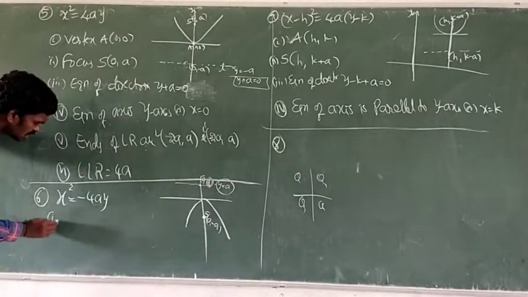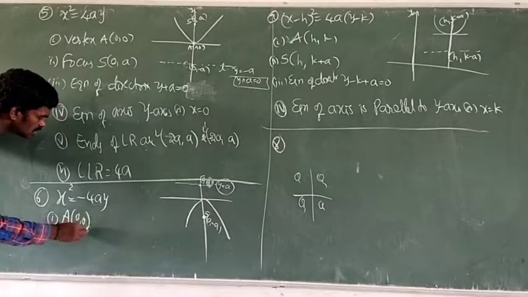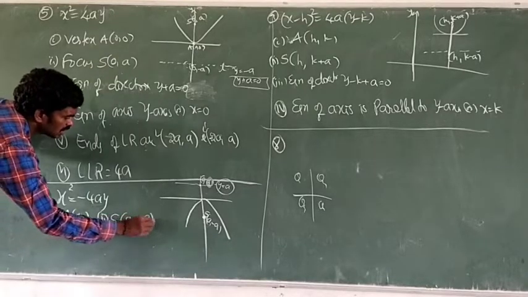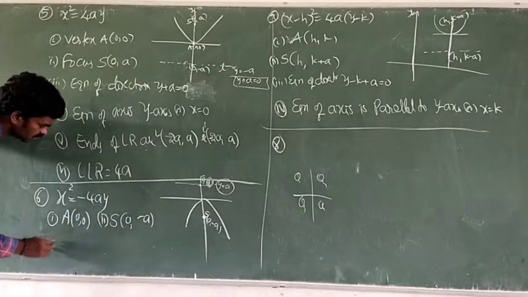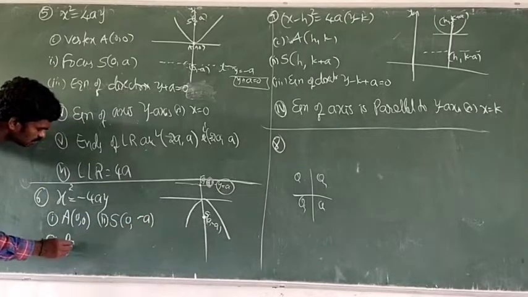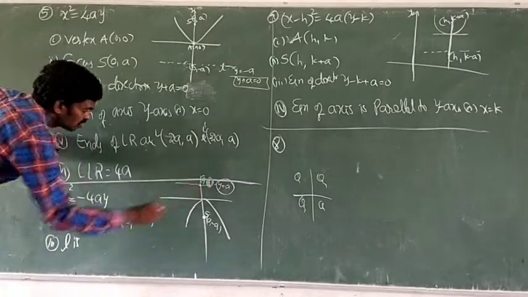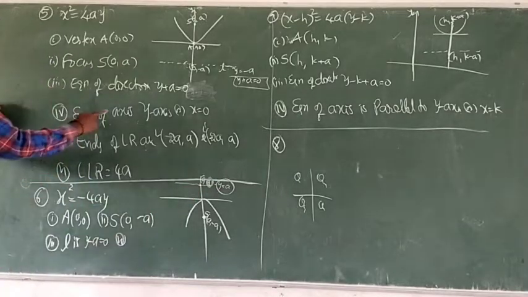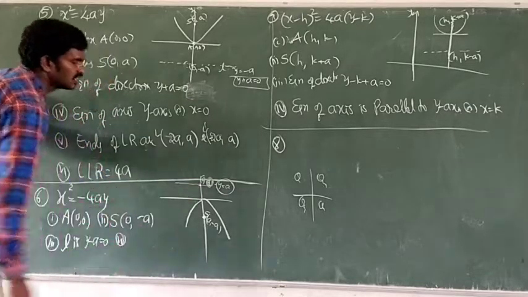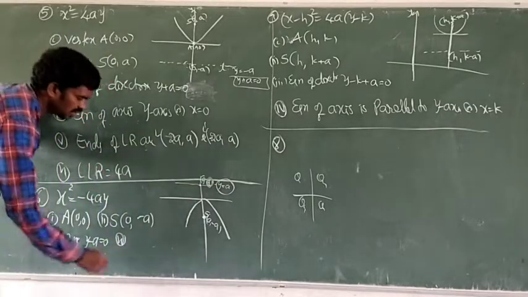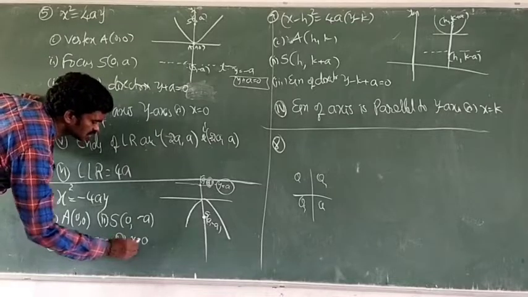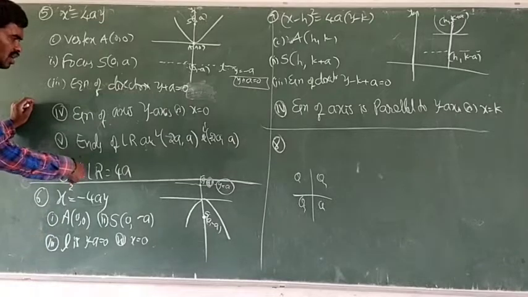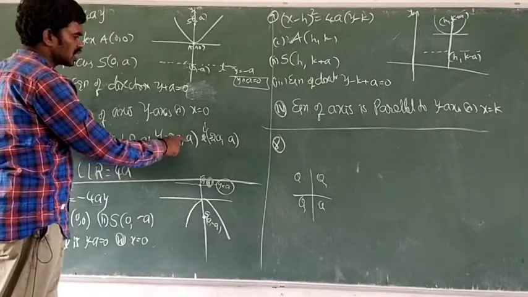Now tell me: first one, vertex 0, 0. Second one, focus 0 comma minus a. Third one, equation of directrix L is y equal to a, meaning y minus a equal to 0. Fourth one, equation of axis is the y-axis only, that is x equal to 0. Next, sixth one, ends of latus rectum, no need. Otherwise, if you want to write, minus 2a comma a,